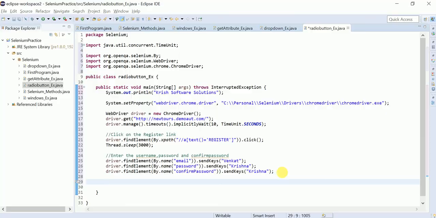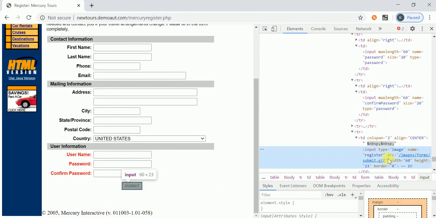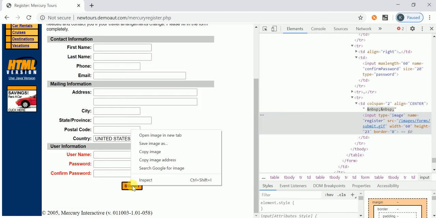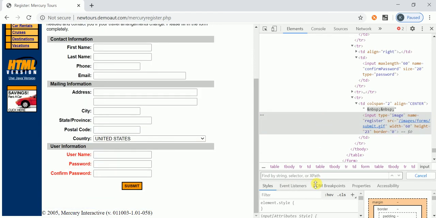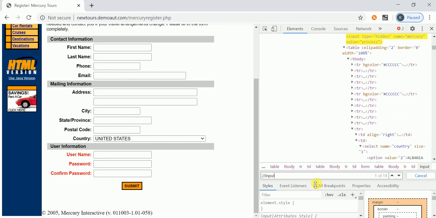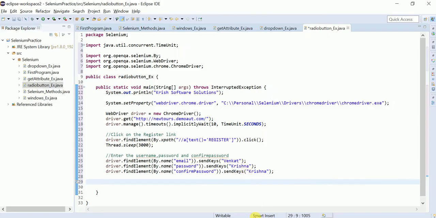And then we need to click on the submit button. Please inspect the submit button. This is the submit button. Now, here also a name is there. Let me try to use XPath just for a change. What is the tag name? Input is the tag name, at name equal to. You can give the name directly also, that is not a problem. By dot name you can give. Just for a change I am giving the XPath here.